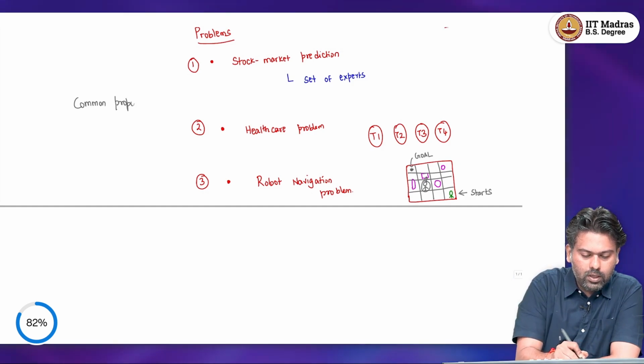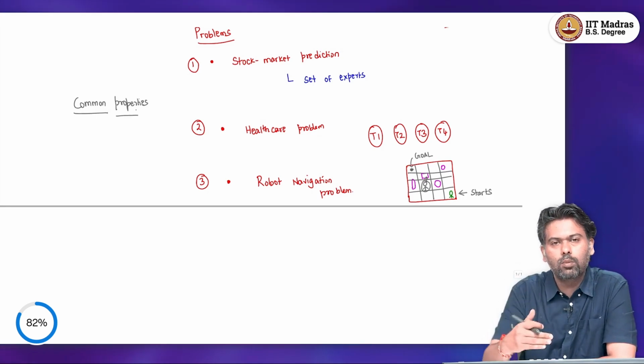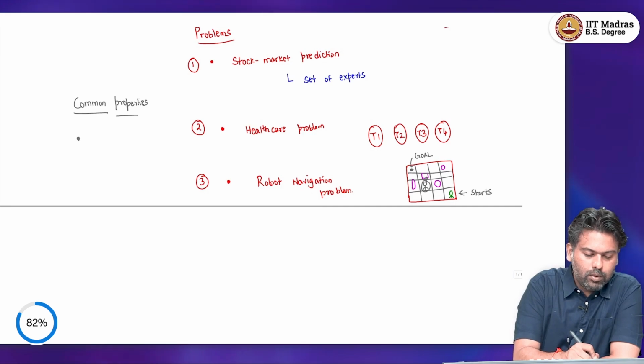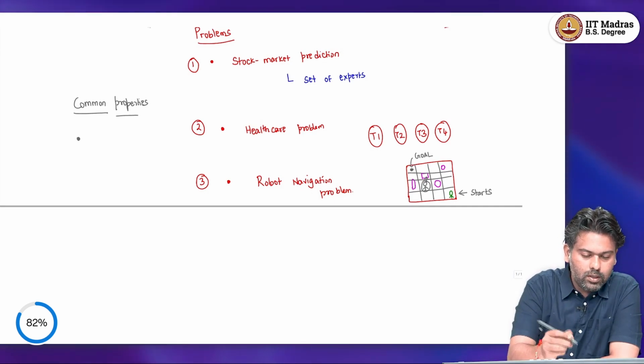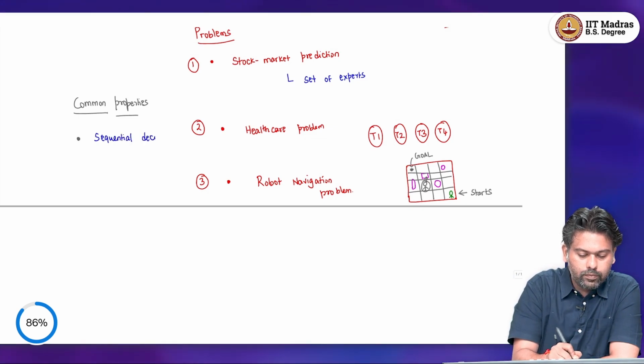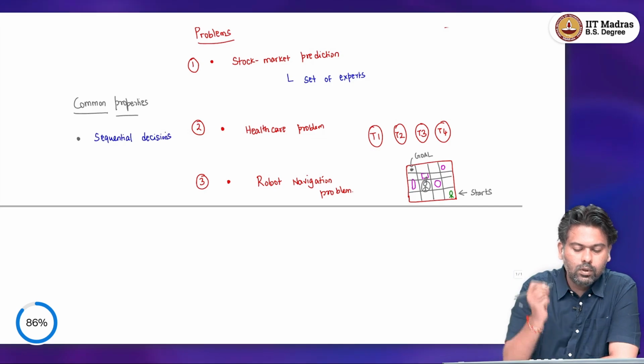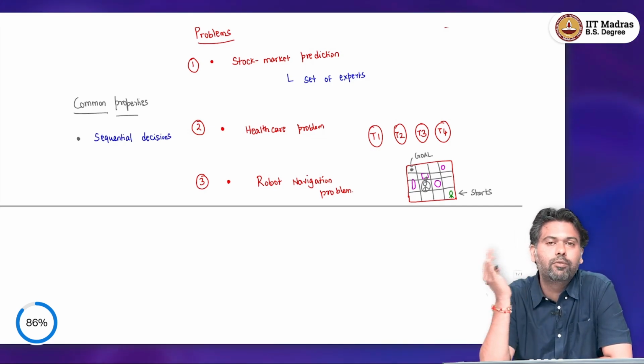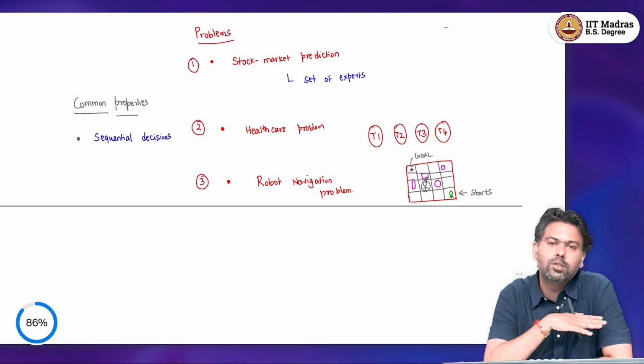When I say properties, I mean properties of the setting that we have seen across stock market prediction, healthcare and robot navigation. One of the common properties, and this is the most important property, is that these involve sequential decisions. This is what makes these kinds of problems different from the supervised learning or unsupervised learning problems